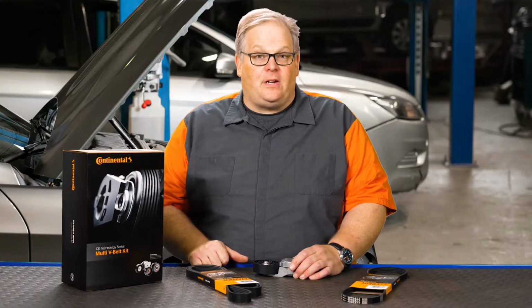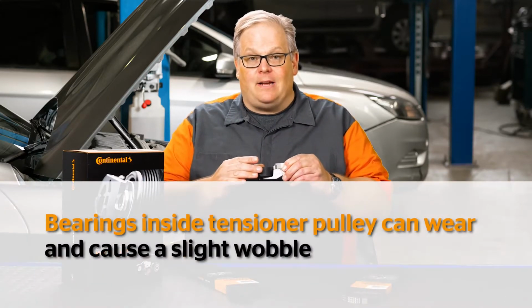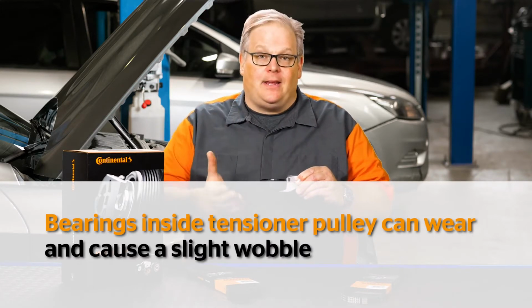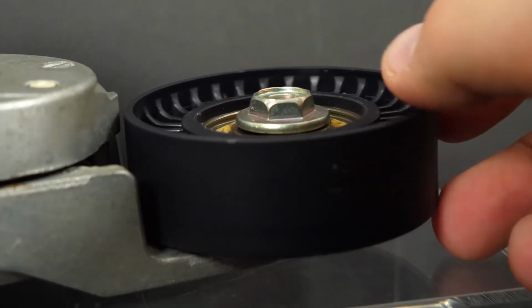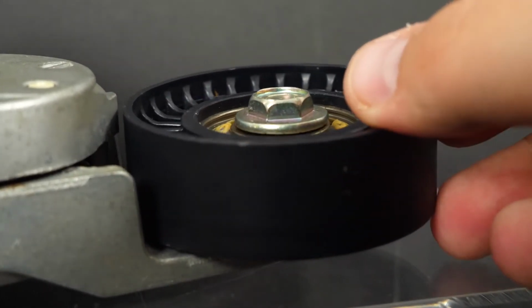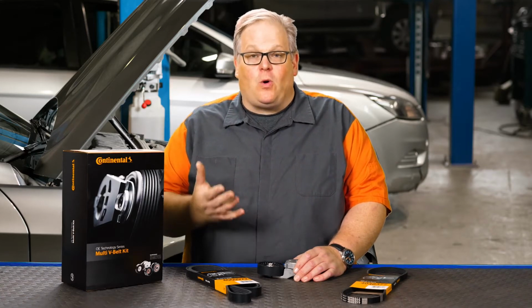The second kind of failure is the bearings inside of the pulley itself. Over time, these can wear out, the seals can fail, dirt and debris can get inside and cause play in the different bearings. This will result in a slight wobble in the pulley itself. Over time, this can change the alignment of the belt in relationship to the other pulleys that are on the belt drive system. So you may get that vehicle with a premature belt failure, or